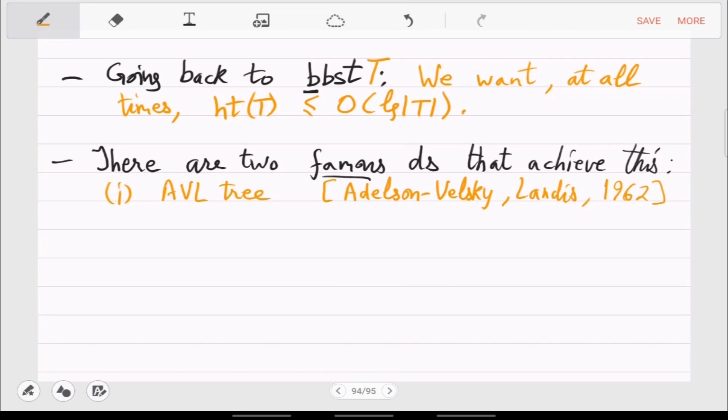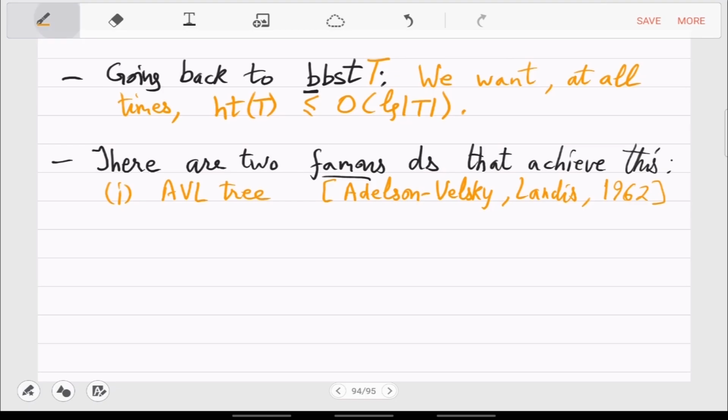Okay, so this was the first self-balancing tree, which means that as you are inserting or deleting, there will be, so I hinted about, I even sketched how you can rotate a subtree. So using rotation, AVL tree actually self-adjusts, self-balances itself. And it achieves the invariant, the inequality that we want. So this AVL tree is one. You basically have to just implement what I said. Maintain the difference of height to be at most 1, and if it is being destroyed by insert, then you rotate. So if you just implement the rotation idea, you will get AVL tree.